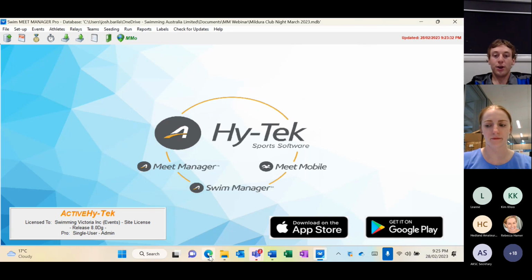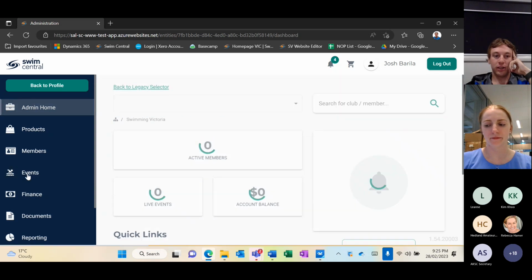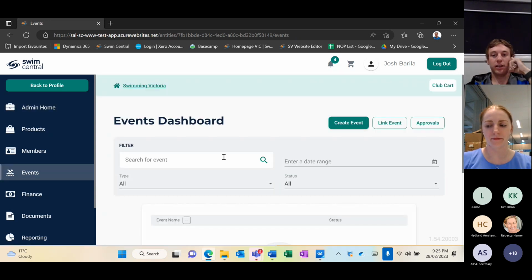So from here, we'll go into Swim Central. Can you guys see that? Yep, love it. So from here, this is just a test, so it's actually not the real Swim Victoria account. So literally all we'll do is go into events. You can either click here, or you can click on the events here. We'll click on create an event,